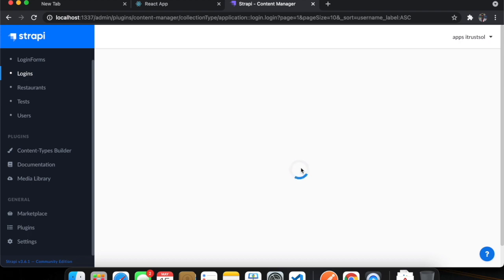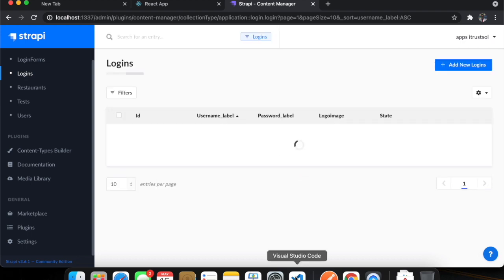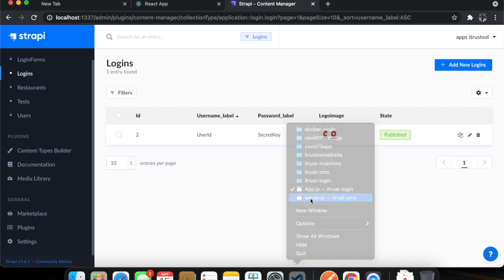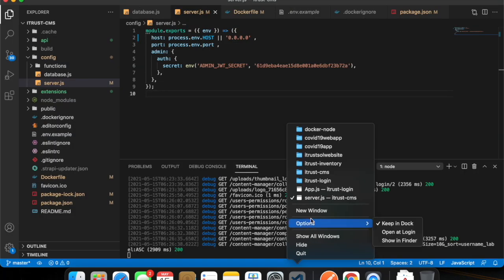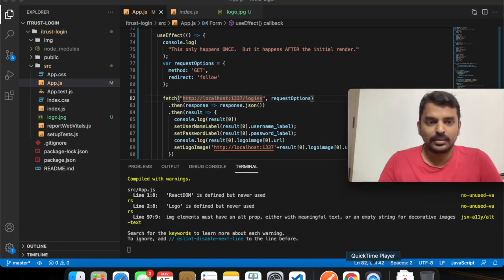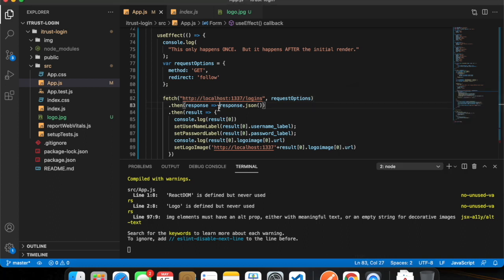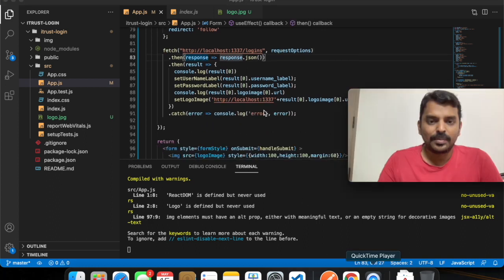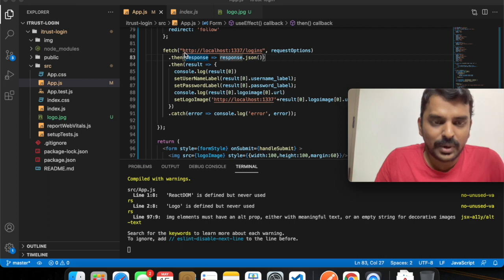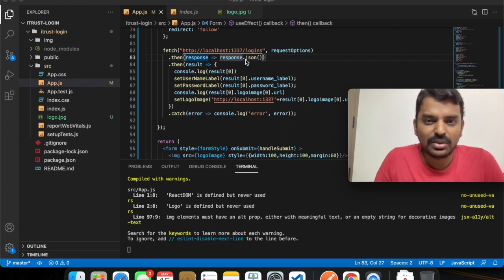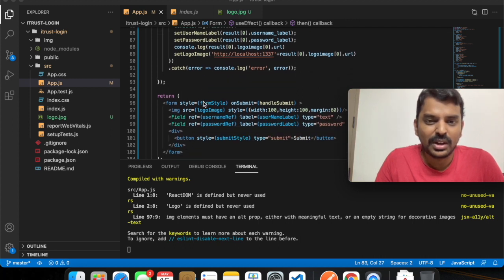Okay, so now that we have this login form created and we have the content created, I'll go back to my React app. If you could see, we have the API to fetch the contents from the login form, and then we are setting that within the username label, password label, and logo image.